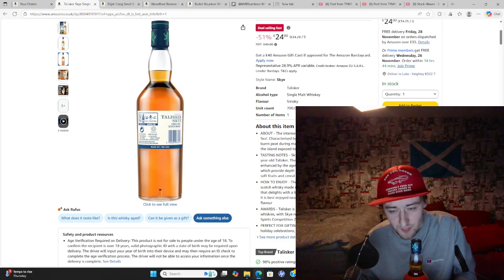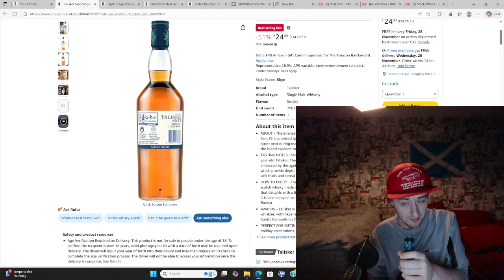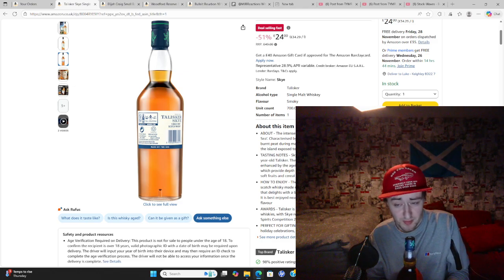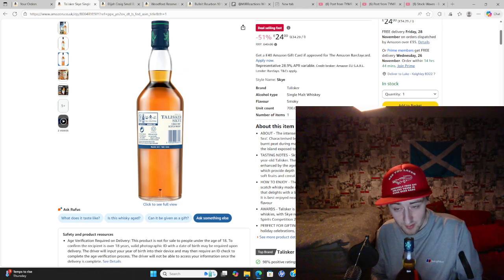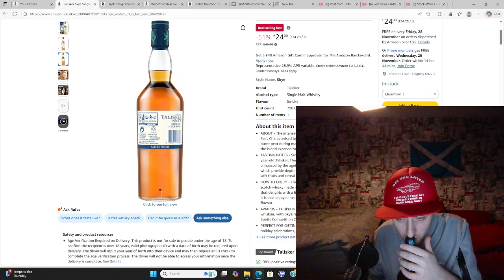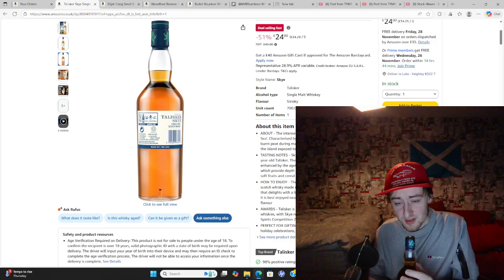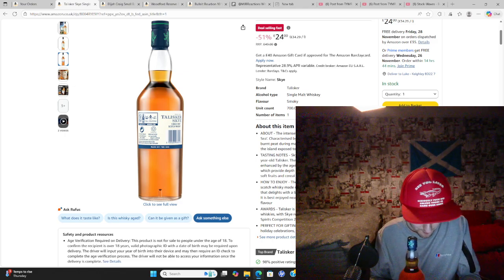So, Sky is the fresher, lighter brother of the 10-year-old Talisker. The crisp citrus aromas and subtle sweetness are enhanced by the aging in refill and charred American oak casks, which provide depth of flavour. Under the smoke you can taste soft fruits and cereal notes with a distinct peppery finish. Okay. It is best enjoyed neat or with a little water to open up the intense flavour. Well,